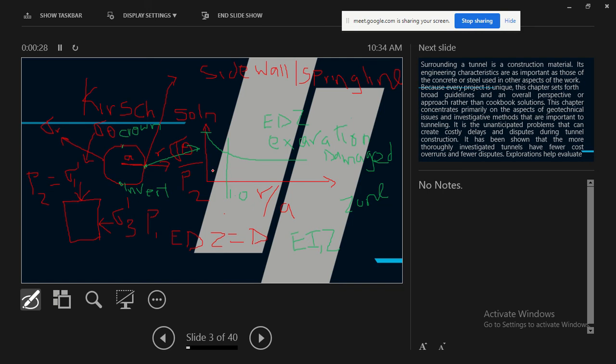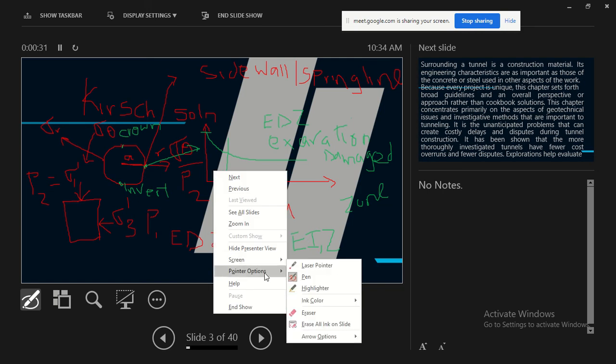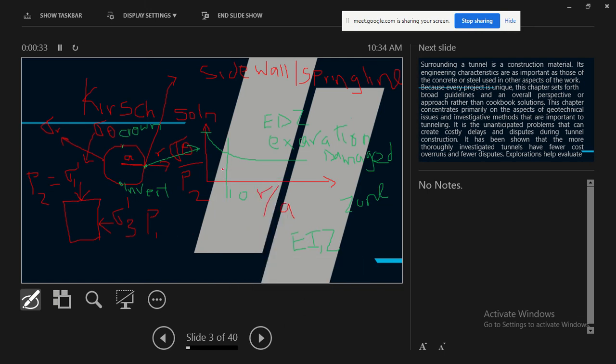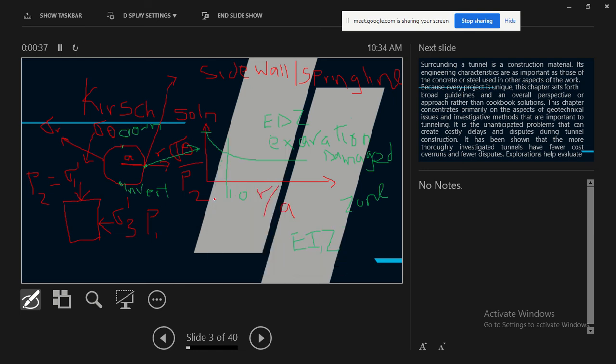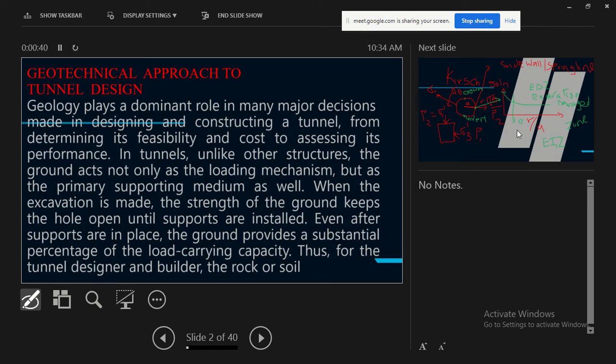So if your tunnel is of a diameter d, then the assumption is that the influence zone, the excavation influence zone, is also of the same diameter. As you can see from this solution,